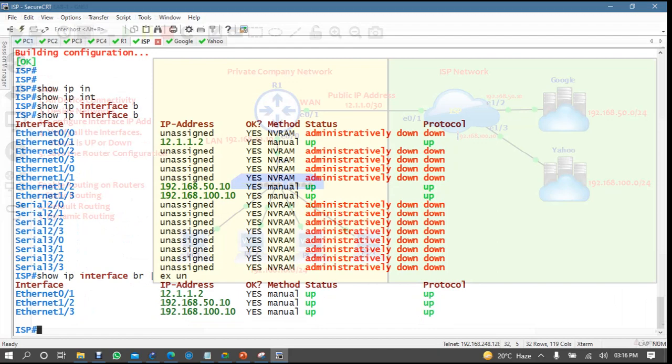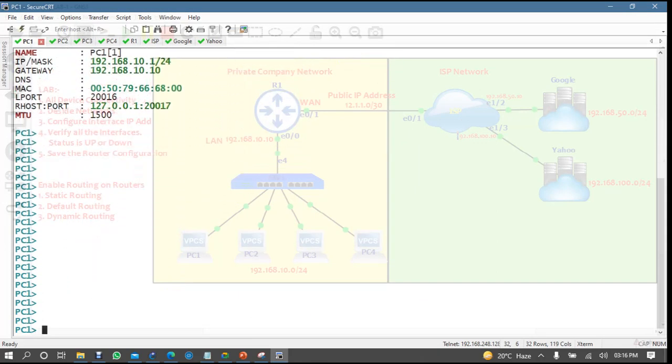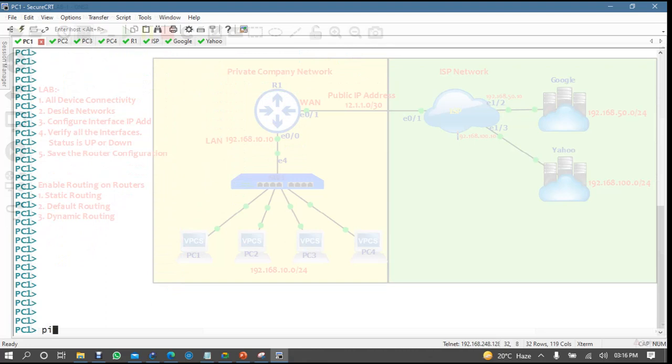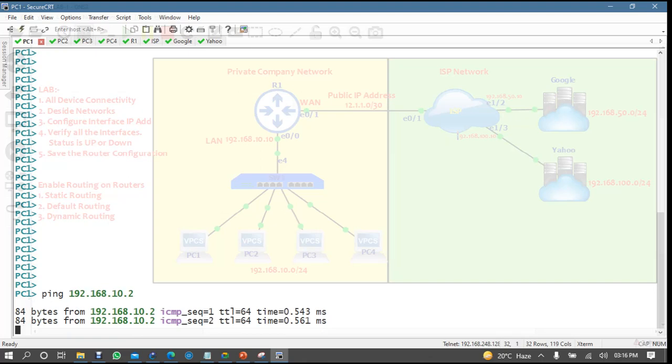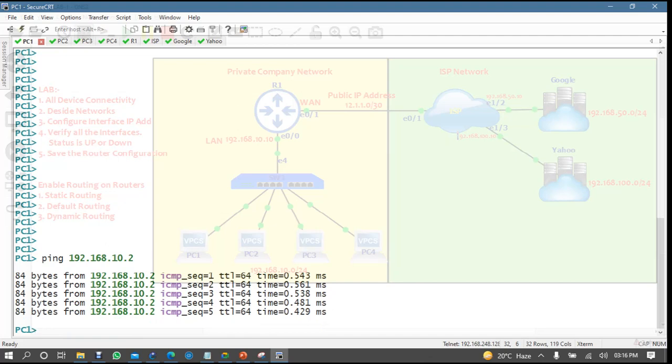See, if PC1 wants to communicate to his own network which is connected to him, you will say, okay, ping 192.168.10.2. Yes, I'm able to communicate because those IP addresses are connected to me and I belong to the same network. So PC1 is directly communicating with the LAN PC. No need of routing. We haven't configured any routing, but if PC1 wants to communicate to Google or Yahoo,